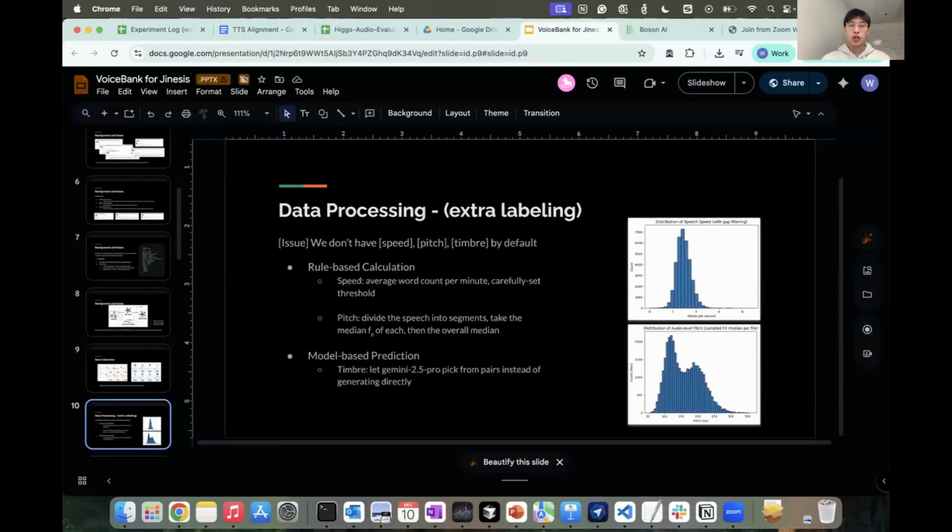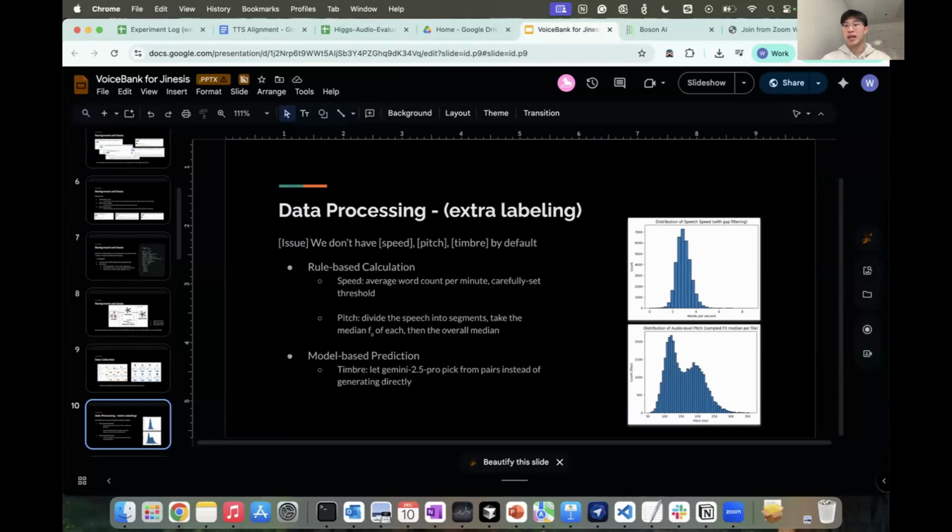And after the collection, we add more labels to the data sets because we actually don't have the speed, pitch, and timbre, those three labels by default. So we use some rule-based calculations for the speed and pitch, and we use model-based prediction for the timbre. And for the timbre, it's worth saying that we didn't use the model to predict the timbre from zero, from the bottom.